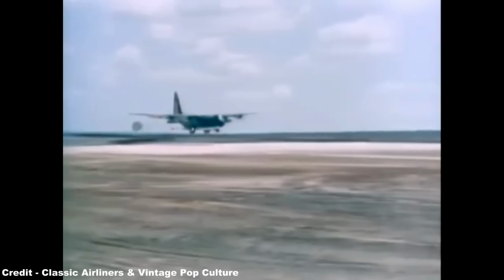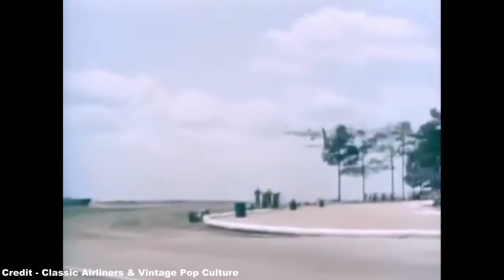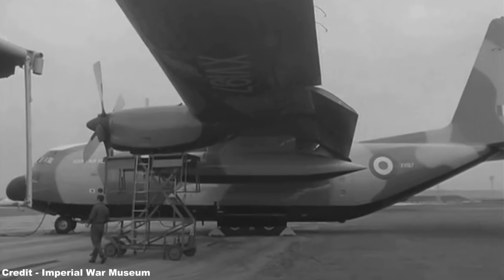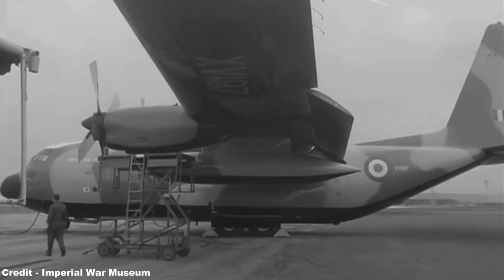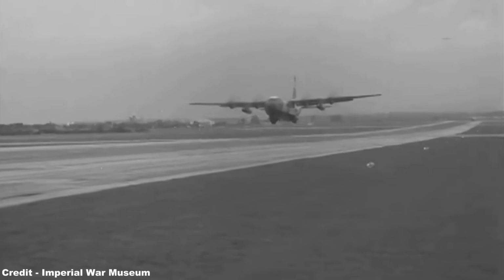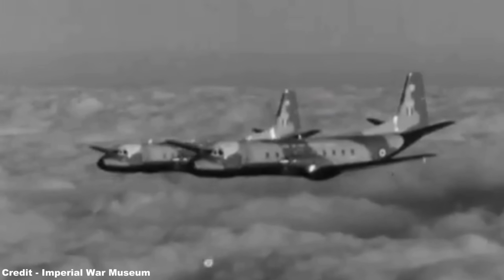As a result, while the RAF was contented to make do with the likes of the Beverley and the later Short Belfast, it was clear that the speed and practicality improvements of the Hercules could not be matched by its British rivals, and thus, on December 16, 1966, the first C-130 was delivered into service with 242 Squadron at RAF Thorney Island, and soon the Beverleys were rapidly being superseded by the new American metal,